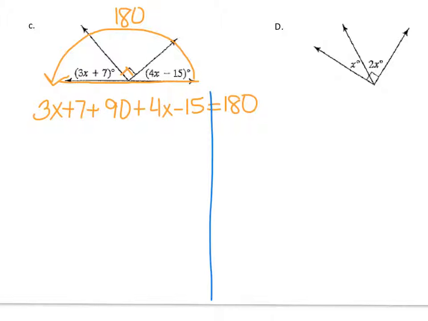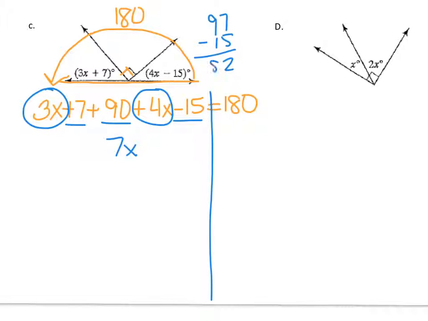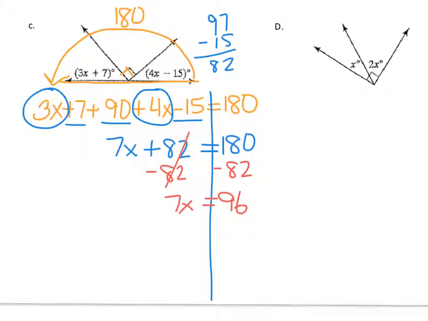So to solve, we need to combine our like terms. So we get 7x. 7 and 90 is 97, minus 15 is 82, so plus 82 equals 180. Okay, so now we're going to subtract 82 from each side. So 7x equals 96. And then divide both sides by 7. So x equals